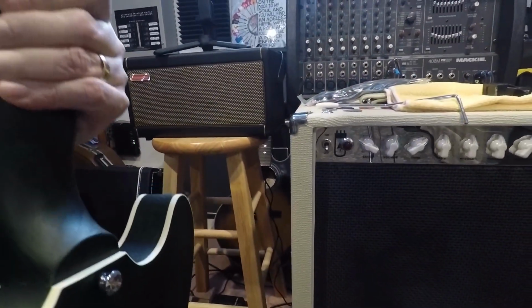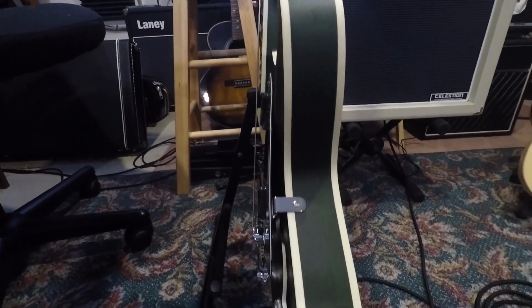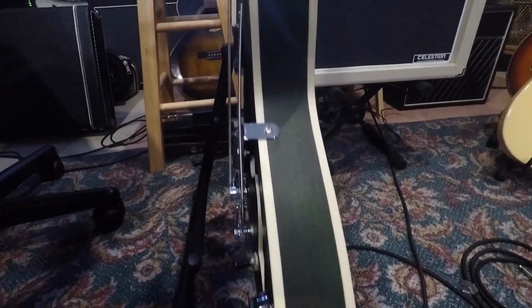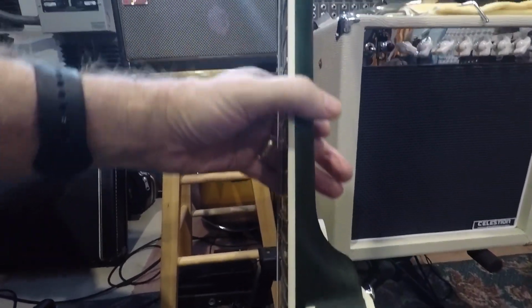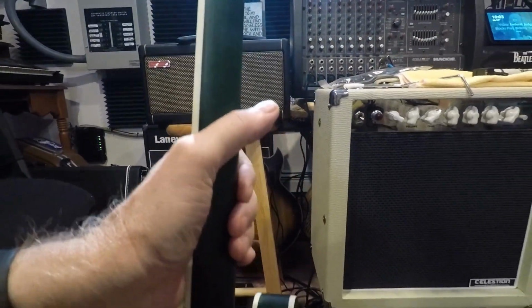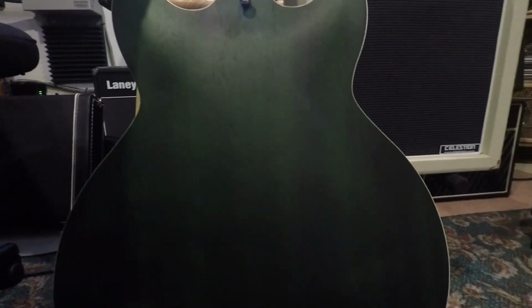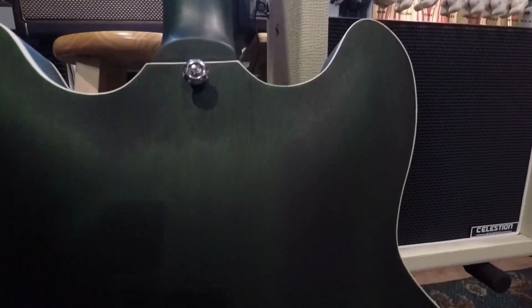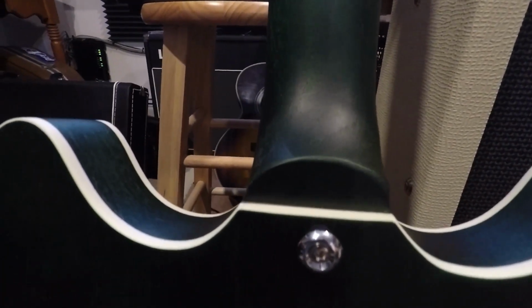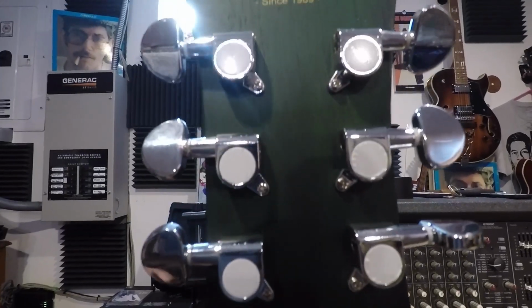It's got a maple neck, rosewood fretboard. It is a maple top with sapele sides and back, set neck, Gibson scale at 24.75, matte finish, and this one is in green. You can see it's got bindings on the front and back, matte neck going up, your standard